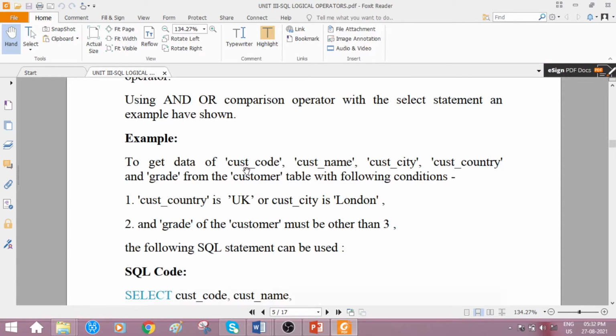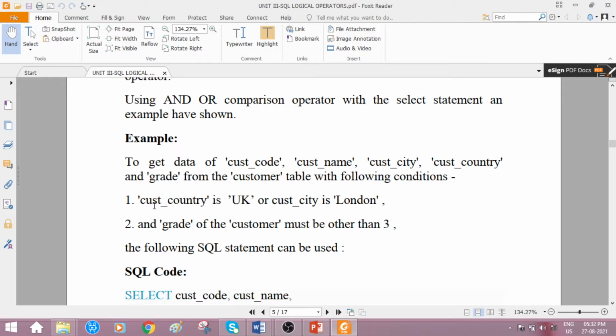From the customer table, whichever column values we are interested in, only those we can specify here. So the first condition is customer country should be UK or customer city is London.